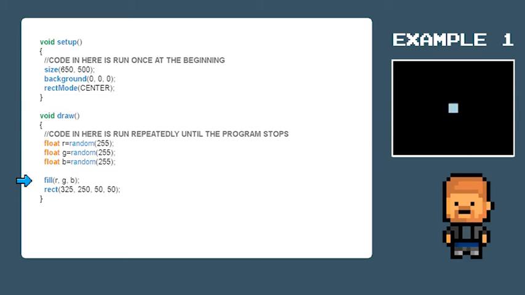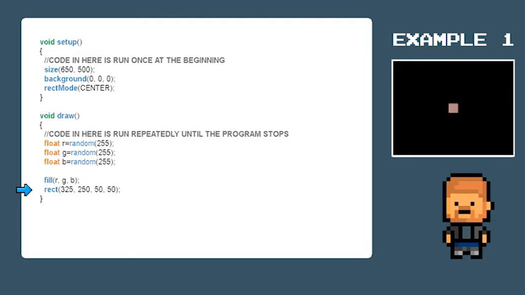The next command is the fill command, where we assign those r, g, and b variables we have just created. Instead of static numbers, we have the varying random numbers we created above it. Our next command is rect 325 250 50 50.